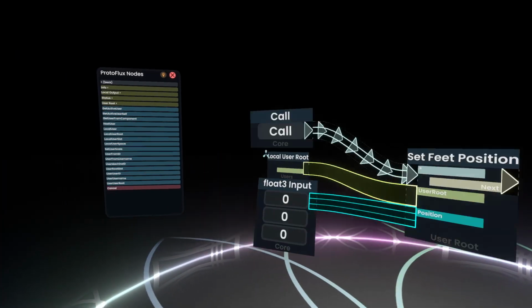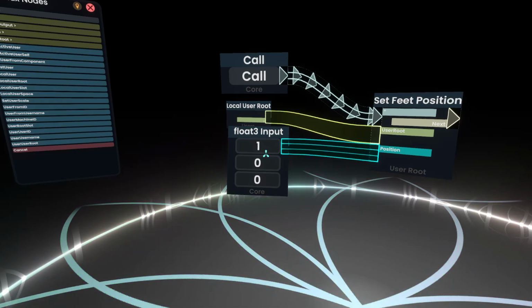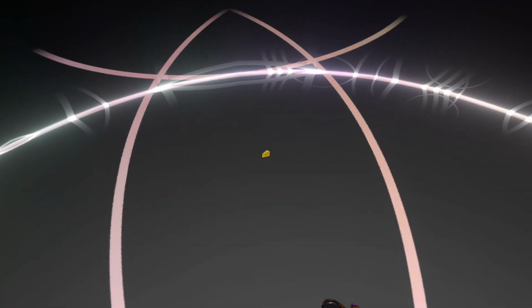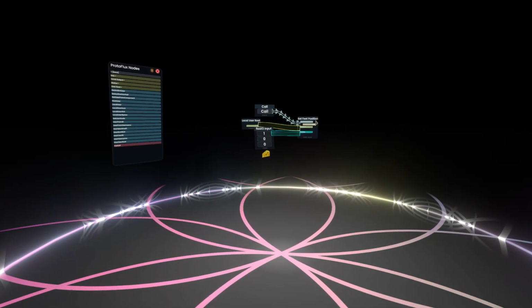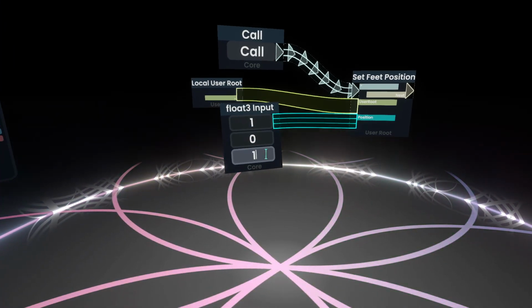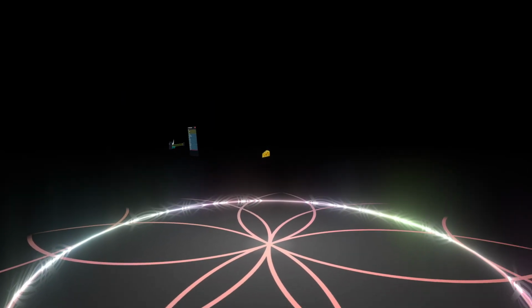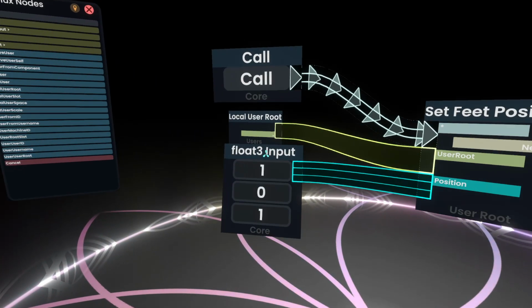What we can do here is we can just sort of mess around with it. So if I do 1, I'm over here now. Where am I? Oh, there I am. Let's do 1, 1. That should be a diagonal. Yeah, that's a diagonal. If I increase that to a larger number, we should be able to leave the circle,